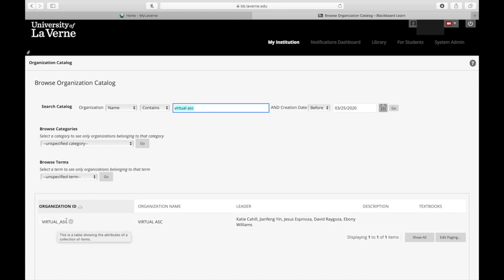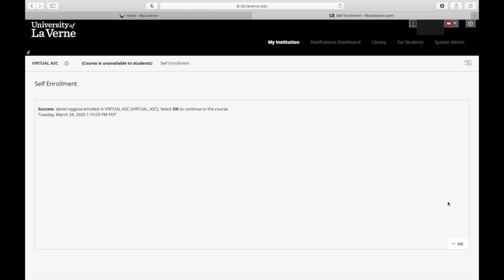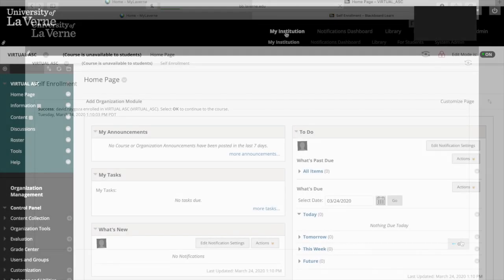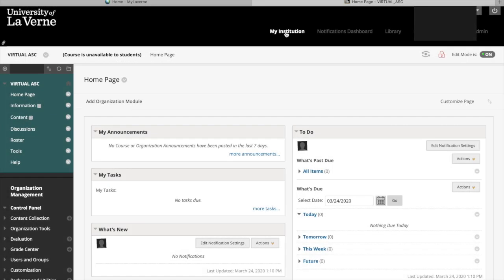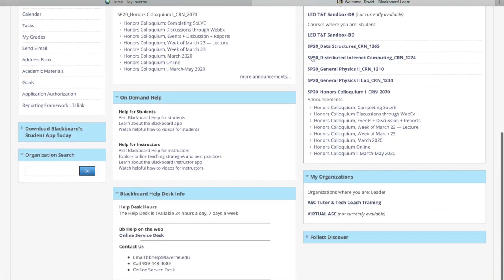So here we have virtual ASC, and if you click this button right here, it brings down the drop down menu. Click enroll. And then click submit. Basically it's just a confirmation that you enrolled in this organization. So now if you go back to my institution, and scroll down again, you'll see that the virtual ASC organization has now populated in our My Organizations